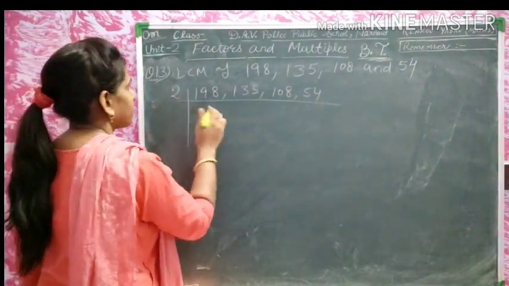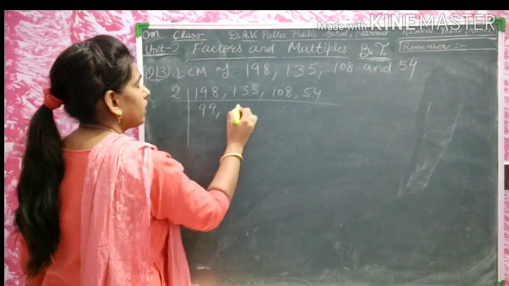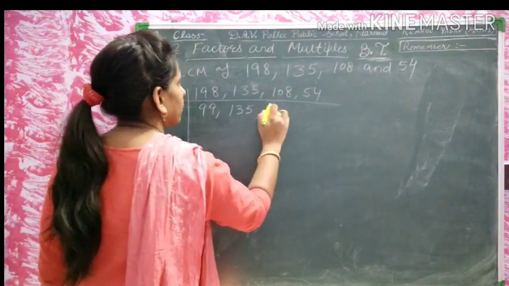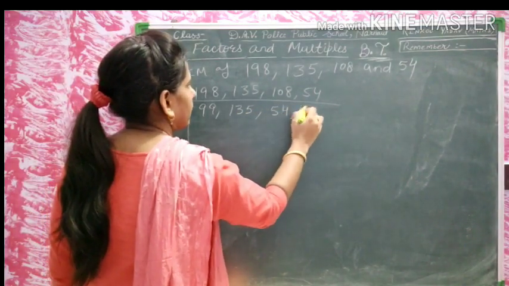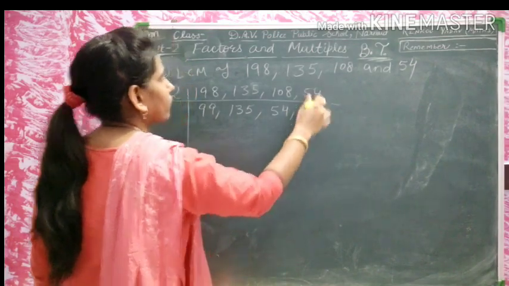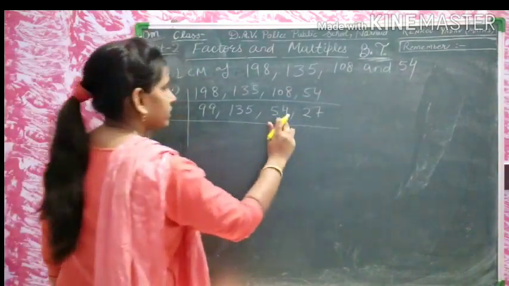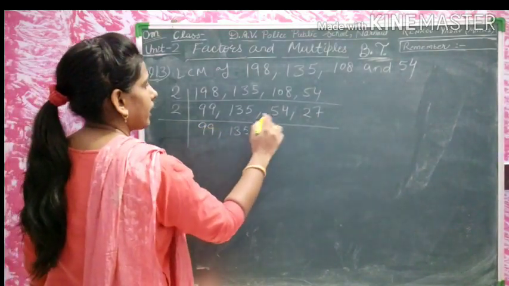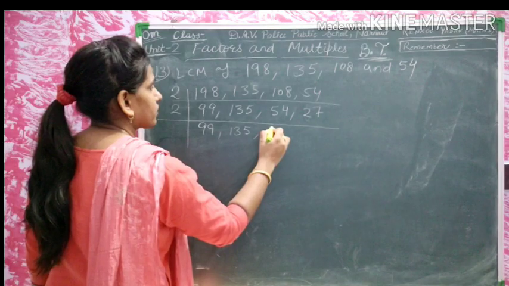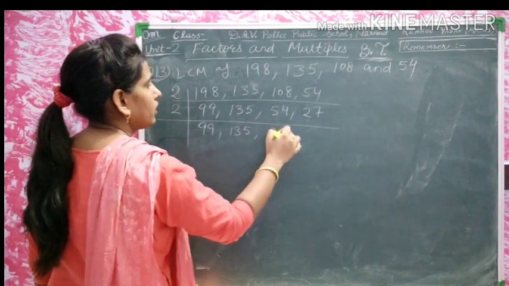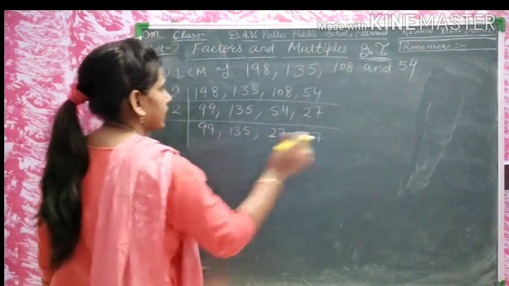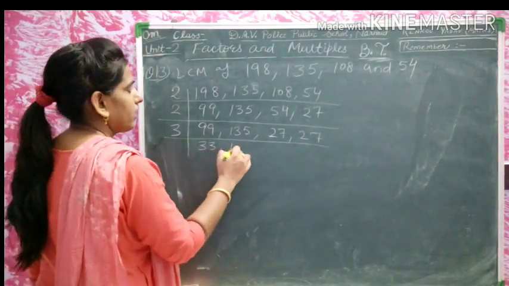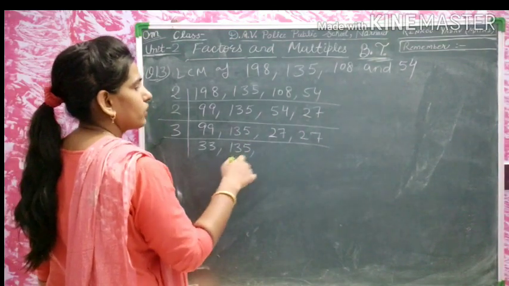So it is divisible by 2: 2 9 18, 2 9 18, and it is not divisible by 3, 2. So it will be written as 2 5 10, 2 4 8, and 2 2 4, 2 7 14. Now it will be divisible by 2, so it will again be divided by 2. All 1s are written as well. This is divisible by 2: 2 2 4, 2 7 14, and 27 is as well. Now it is divisible by 3. 3 3 are 9, 3 3 are 9. And it is not divisible by 3, so it is written as well.